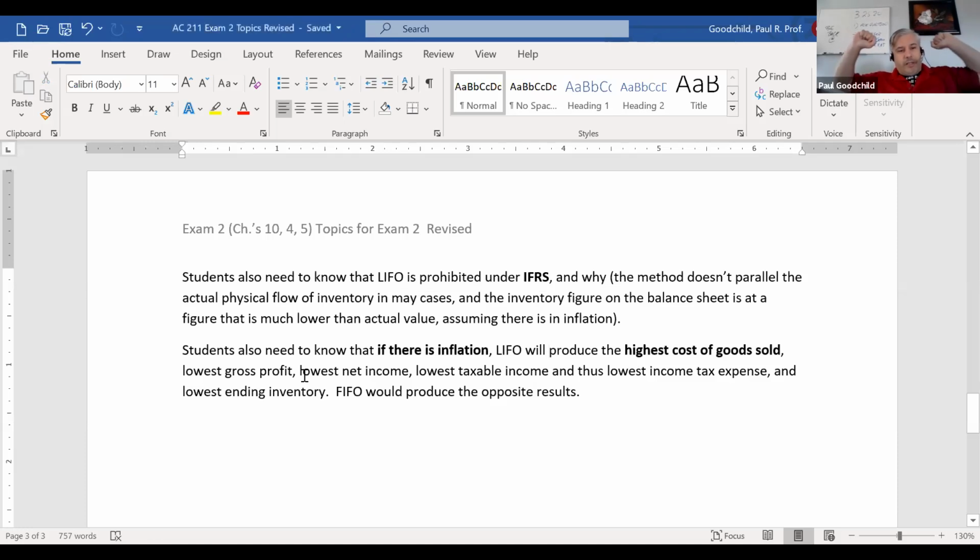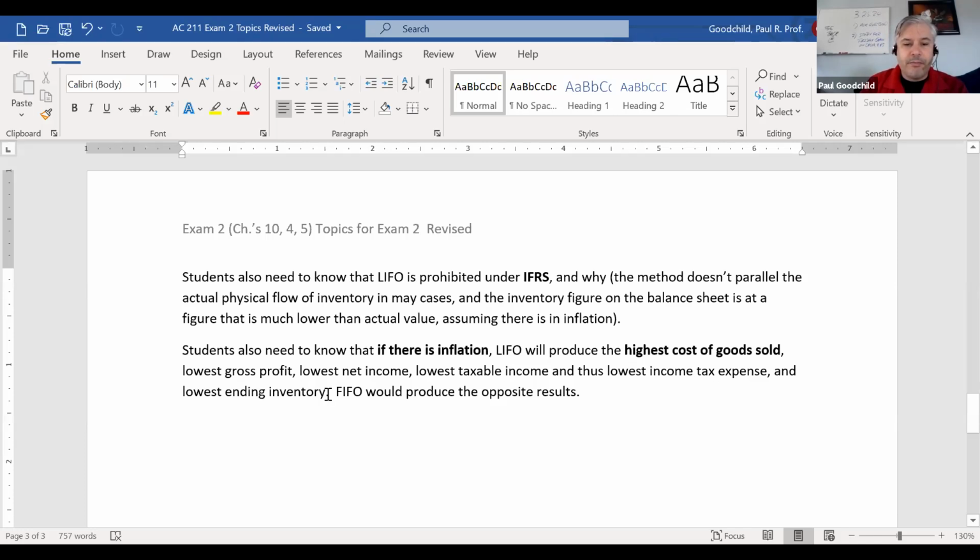But if you've been paying attention to oil over your lifetime, then you've seen some deflation. And so since it produces all of those things, lowest gross profit, lowest net income, lowest taxable income, and then